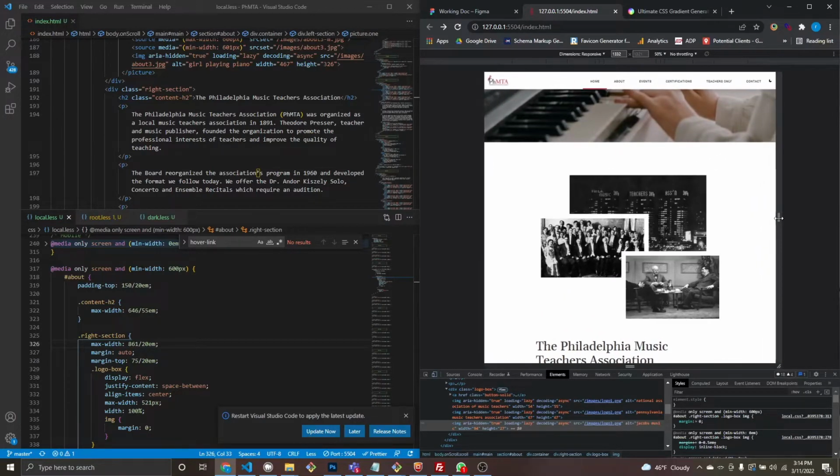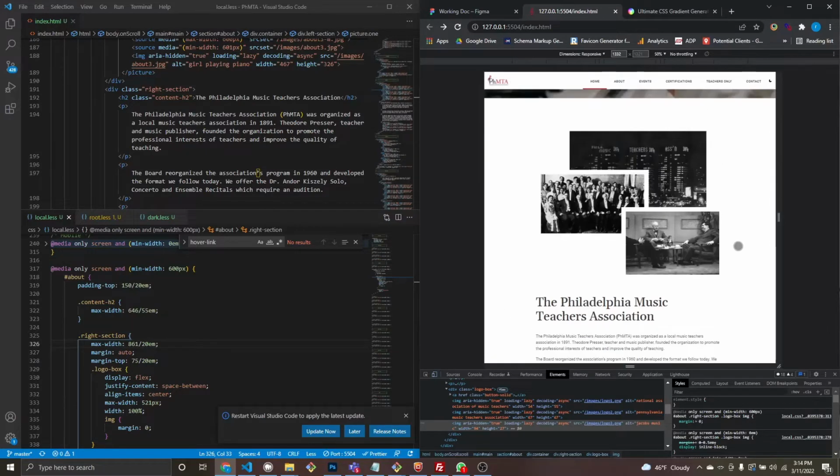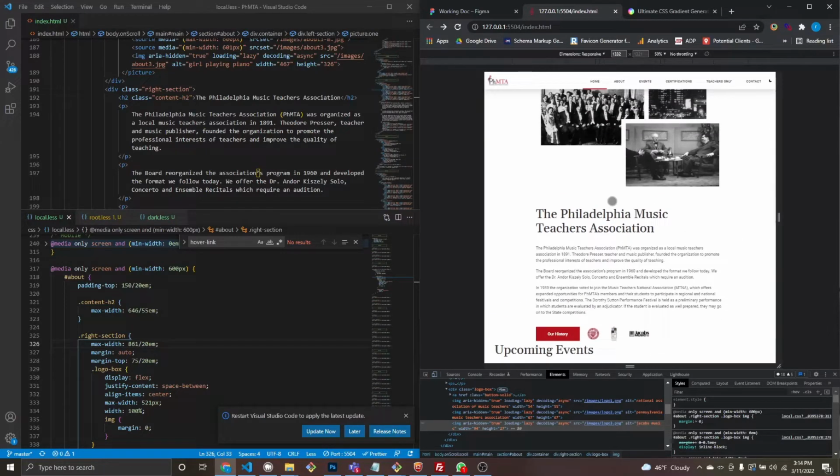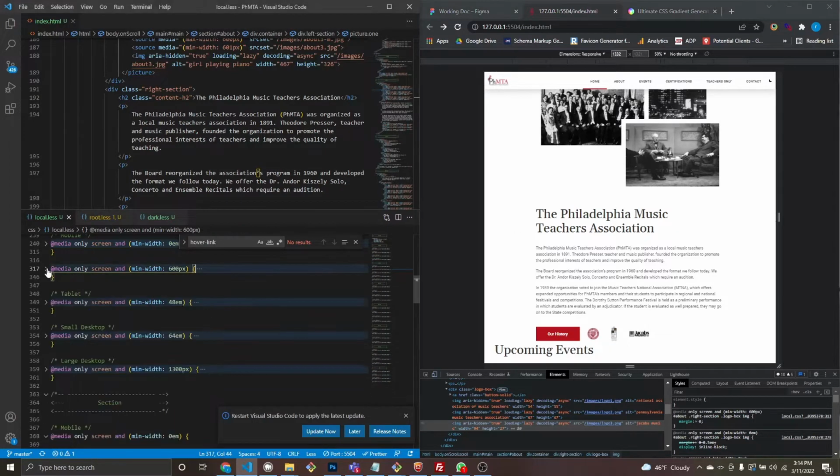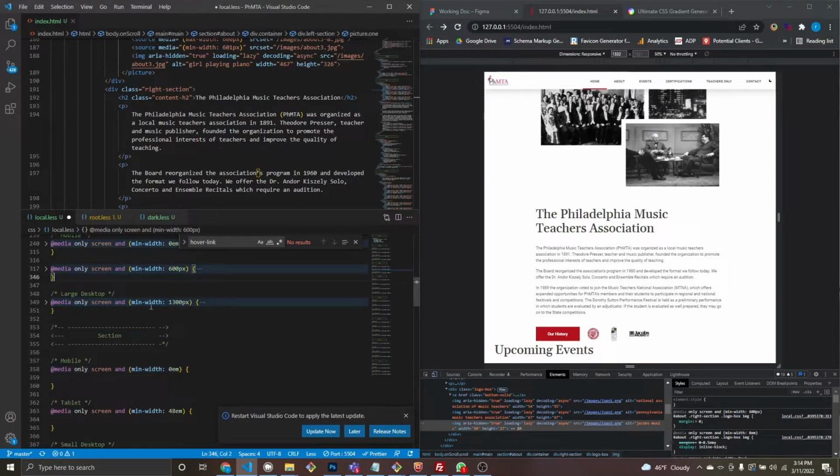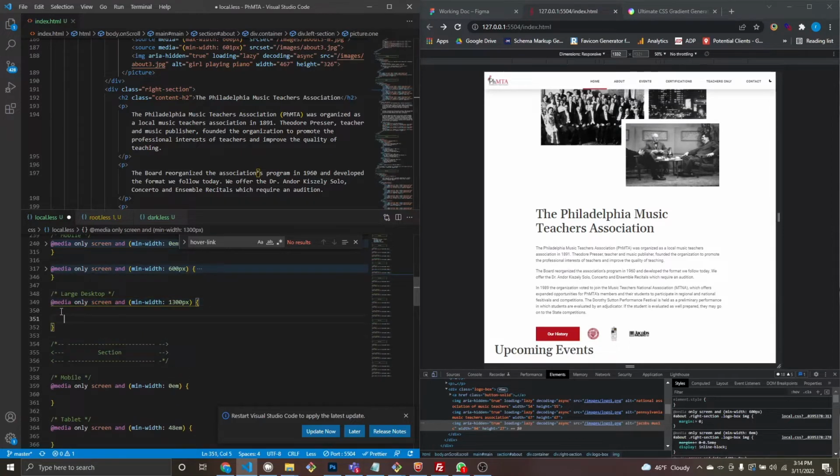I think 1300, because this is like normal smaller desktops. Let's try it out. So we don't need a tablet. We don't need a small desktop. We can remove these. Now at 1300,